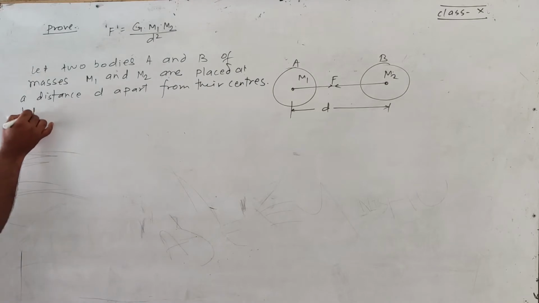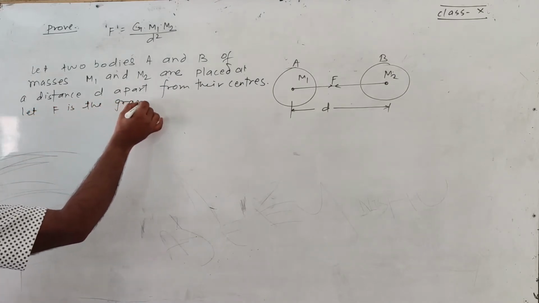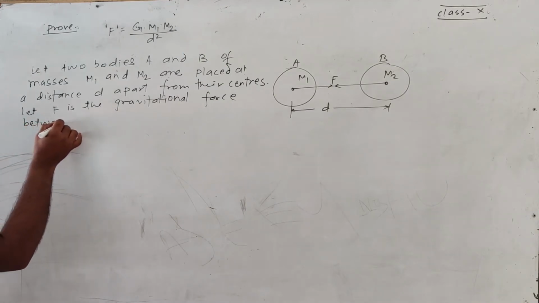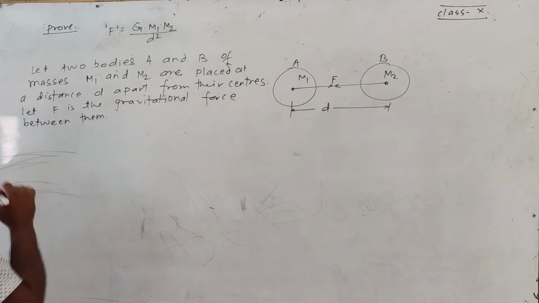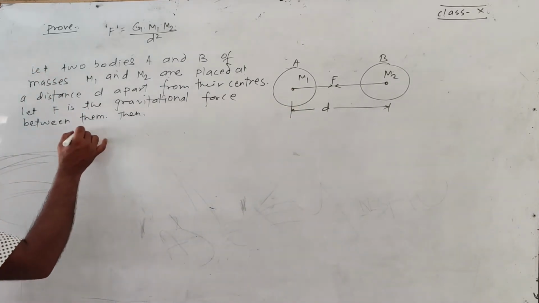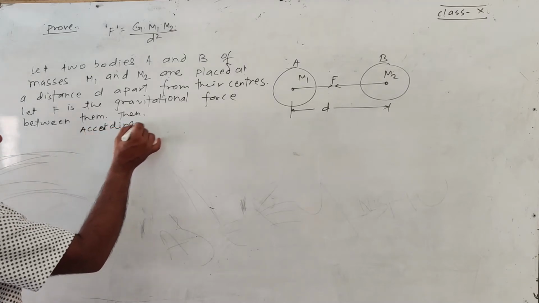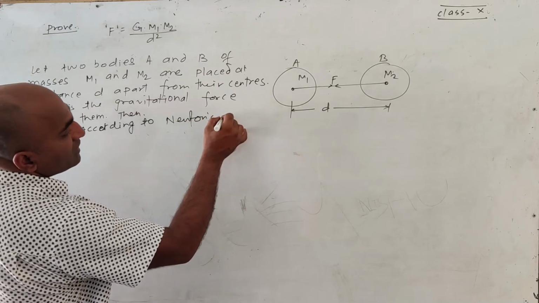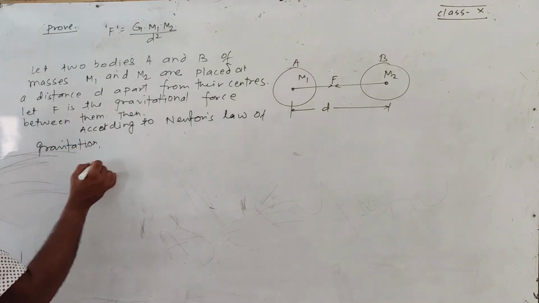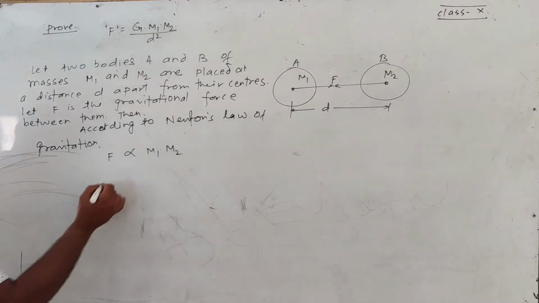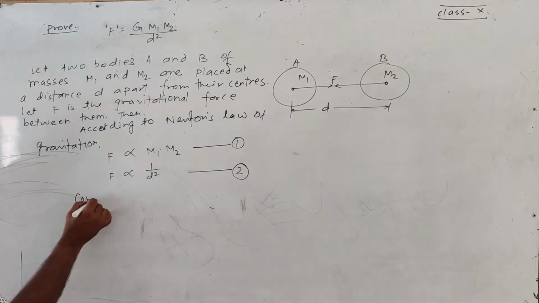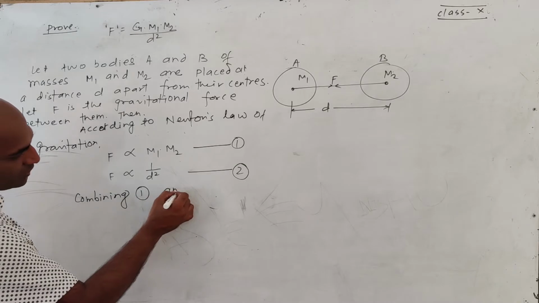Let F be the gravitational force between them, measured from their centers. According to Newton's law of gravitation, F is directly proportional to the product of the masses, and F is inversely proportional to the square of the distance between their centers. Combining these two relations, you can write